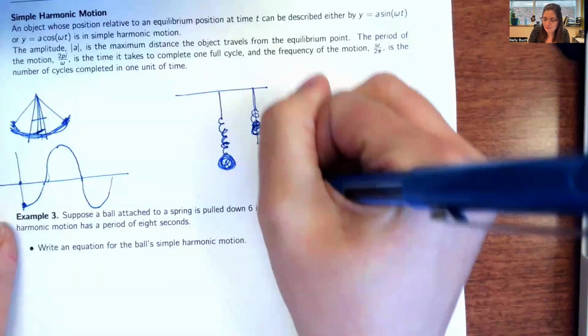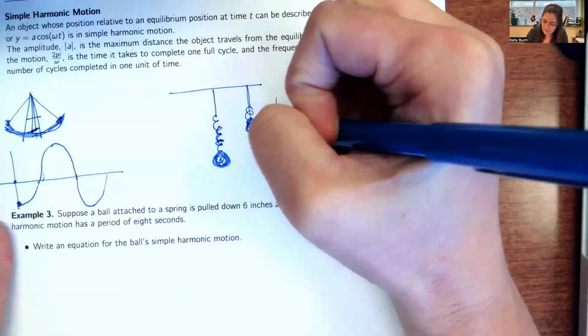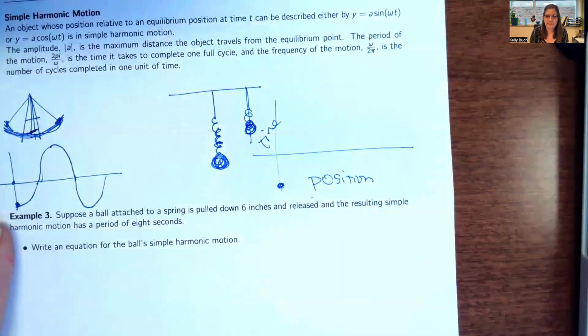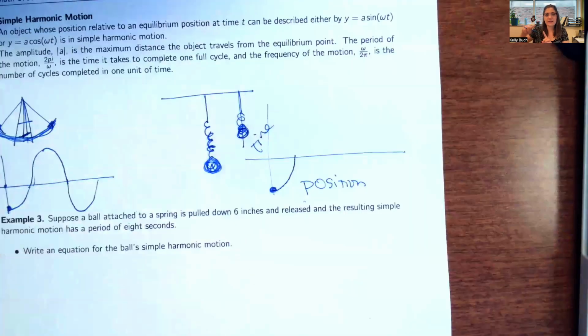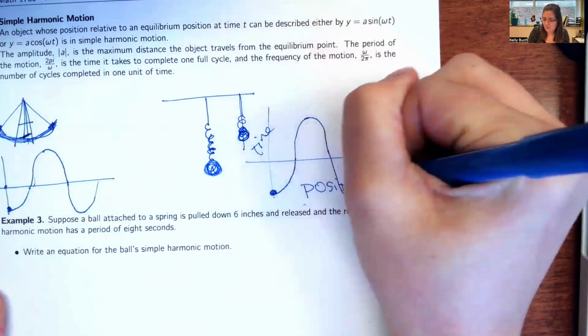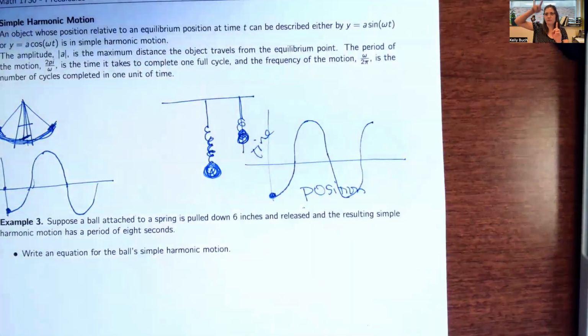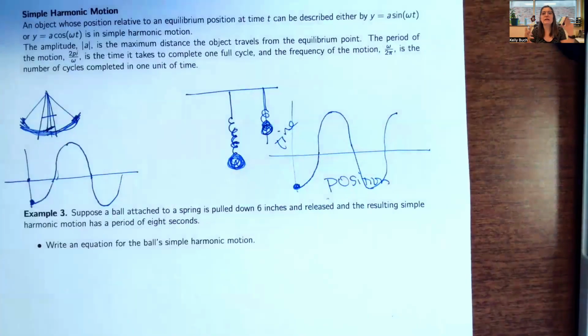So again, if I were to think about the position over time, maybe I'm starting with my spring way down at the bottom, and then my position's going to increase over time, and then it's going to go all the way up to the top and all the way down and all the way up. And it's just going to keep doing that. But I'm going to spread this graph out and make a sine wave because I want to think about it going over time. So anytime that an object's position is described like this, we call it simple harmonic motion.